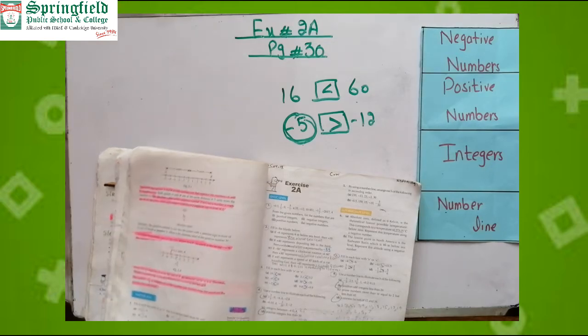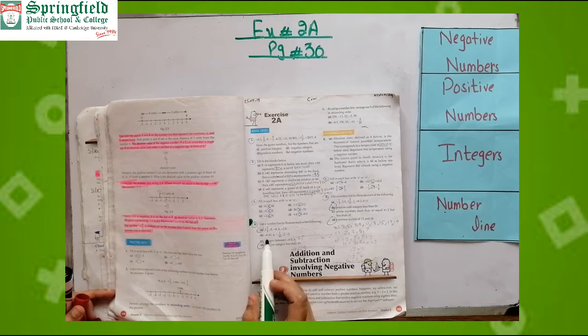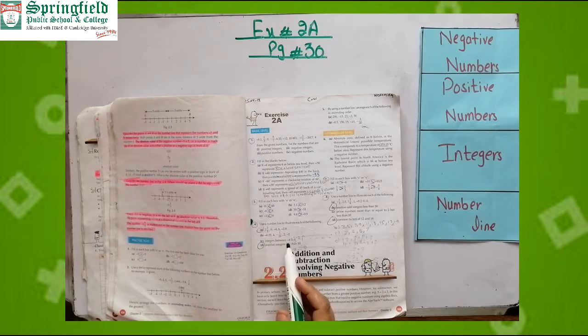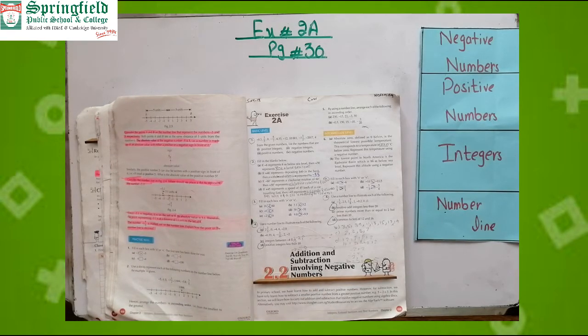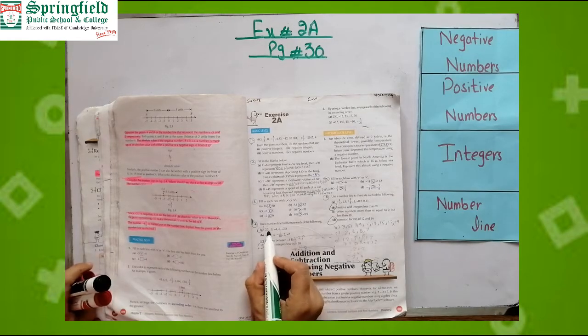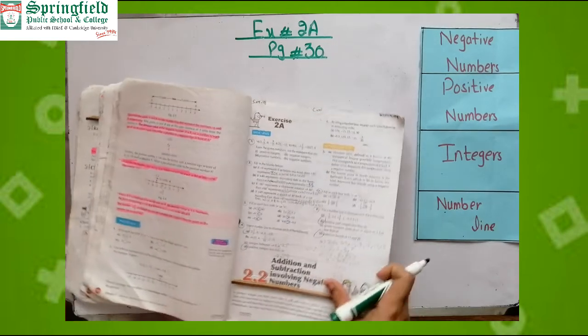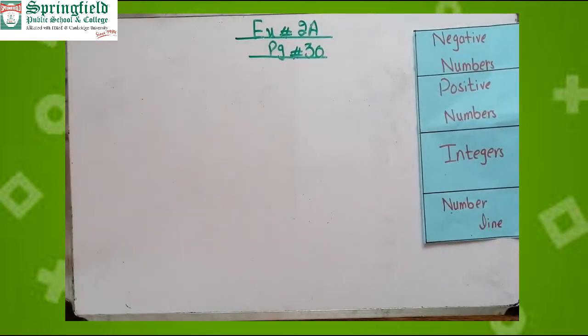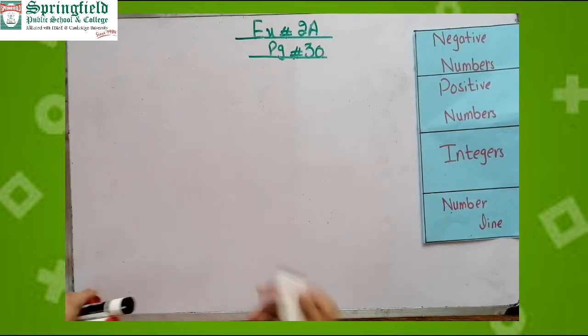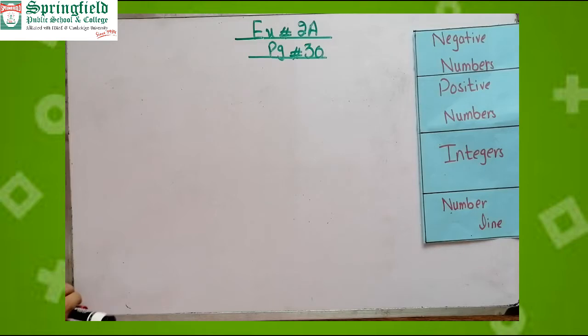Now come to question number 4. They are saying that these are the numbers and how we can represent them on the number line. So there are the numbers, let's suppose 2 whole 2 by 5, 0, minus 4, 6 and minus 2 by 8. So how can we represent them on the number line? I will do just one or two parts. Fine. Okay, question number 4.